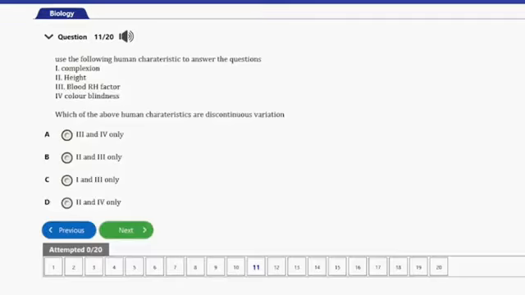Question number 11 here. It says, use the following human characteristics to answer these questions. I, complexion, II, height,